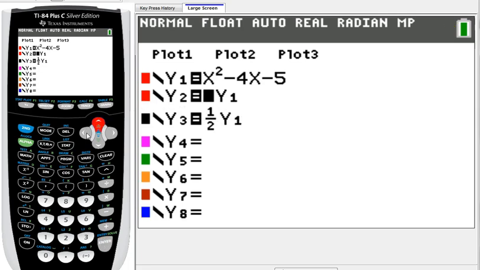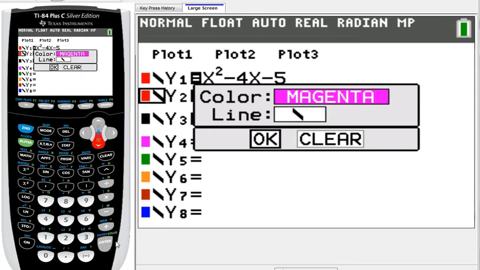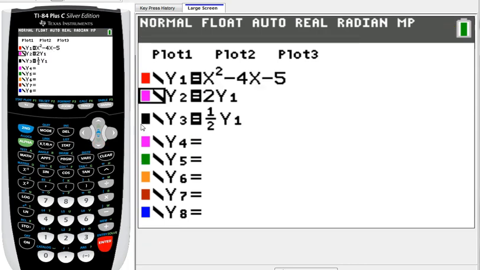Let's change the color of that second one. I don't want them both red. Let's change the color to black. We already got a black one. Magenta. Great. So we've got red, magenta, and black. So I've got 3 different ones, red being the original, magenta being the 2 times, and black being the half